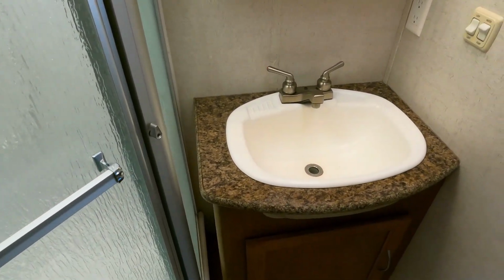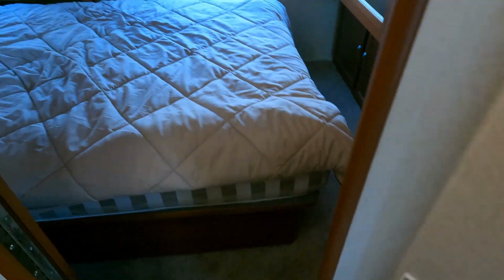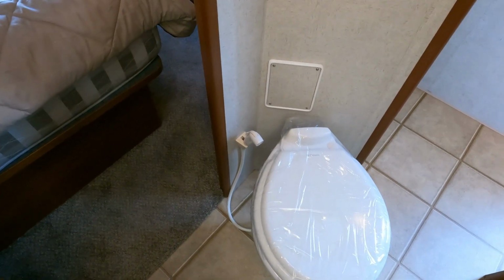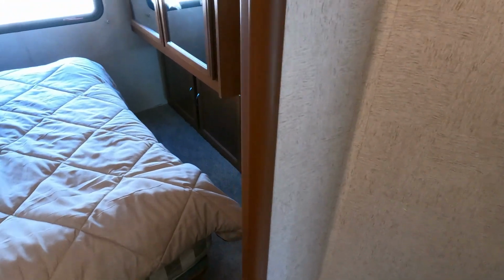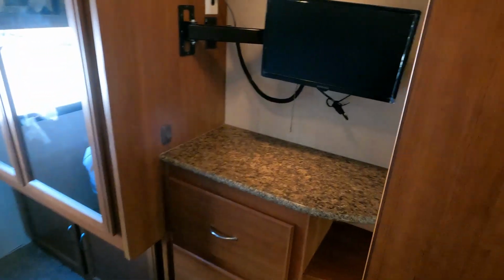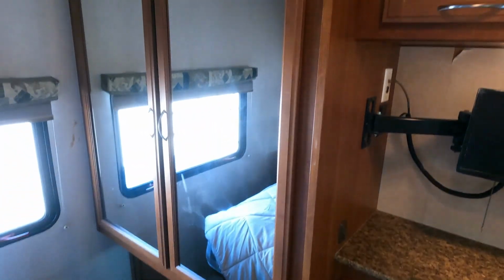You do have a sink, medicine cabinet, another little vent fan. Got your all important RV toilet, and that is a porcelain one with your little sprayer. Walk through to the bedroom. You got a small television on a swivel mount, and you've got a closet right over there in the corner. You've got a queen bed,